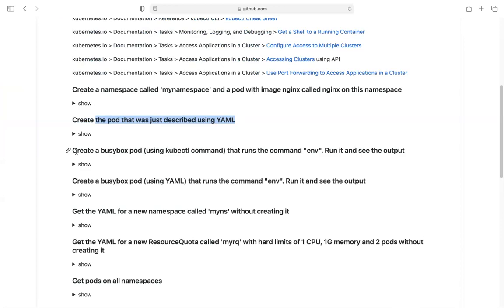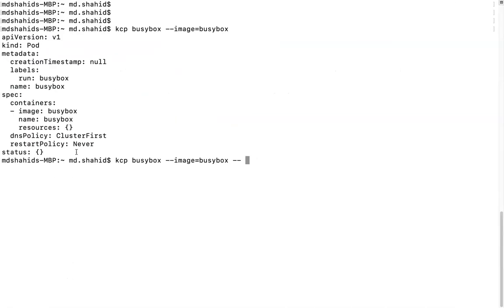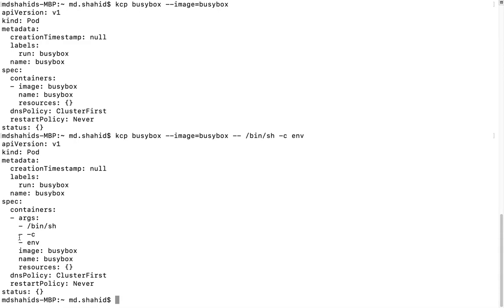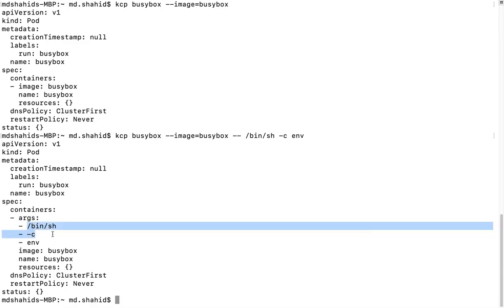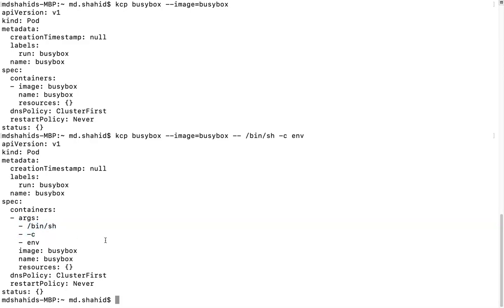the question also talks about running the command called env. So basically we can have a command as well, just mention it as env. Now you can see here it has generated kind called Pod, the pod YAML, and the image is busybox and the name is also busybox. The arguments it has taken, basically it's trying to run the env command. So let's redirect this to a file, and